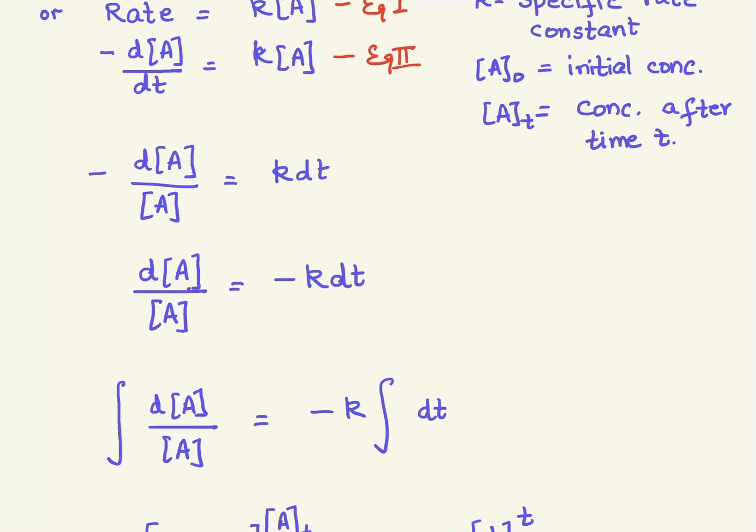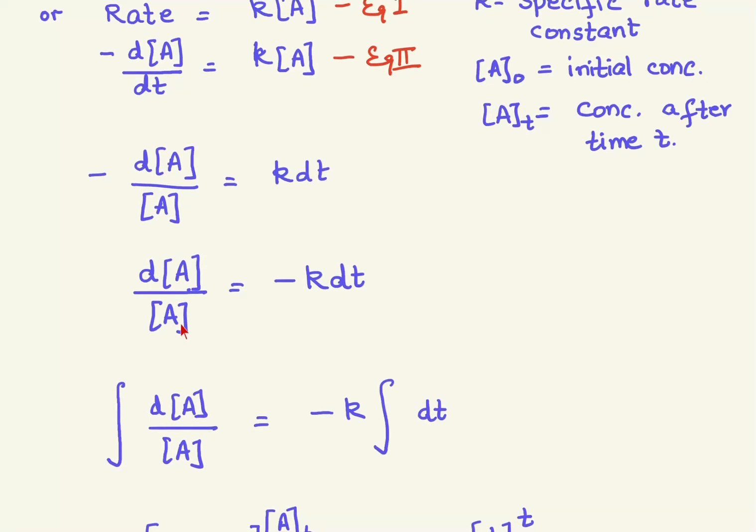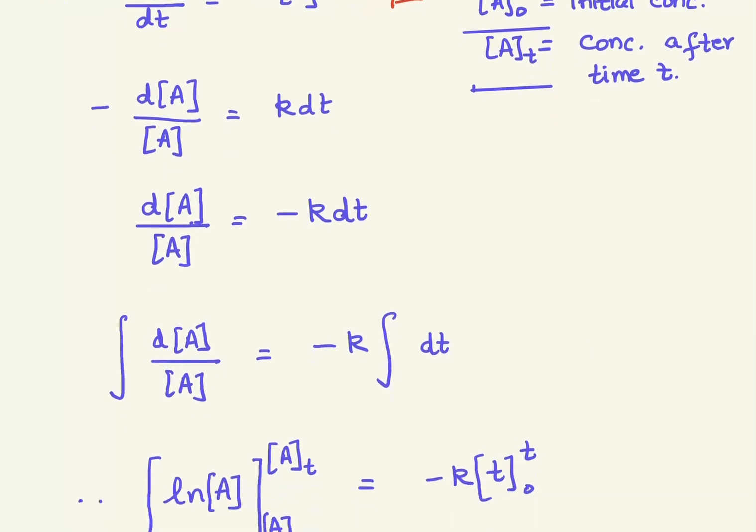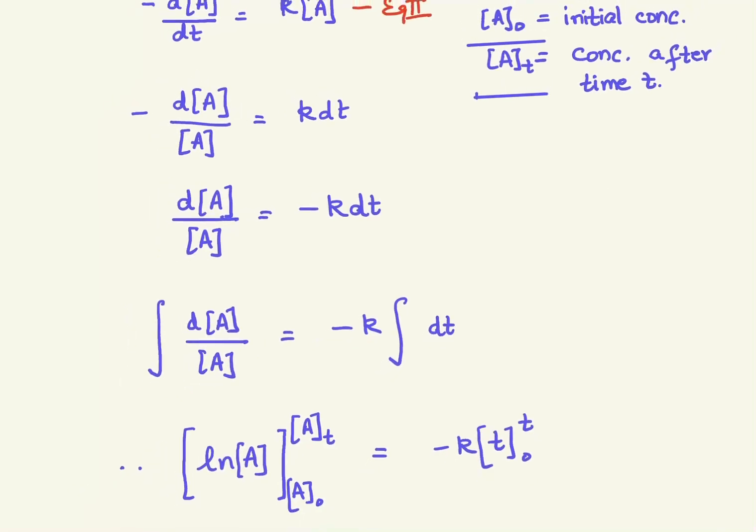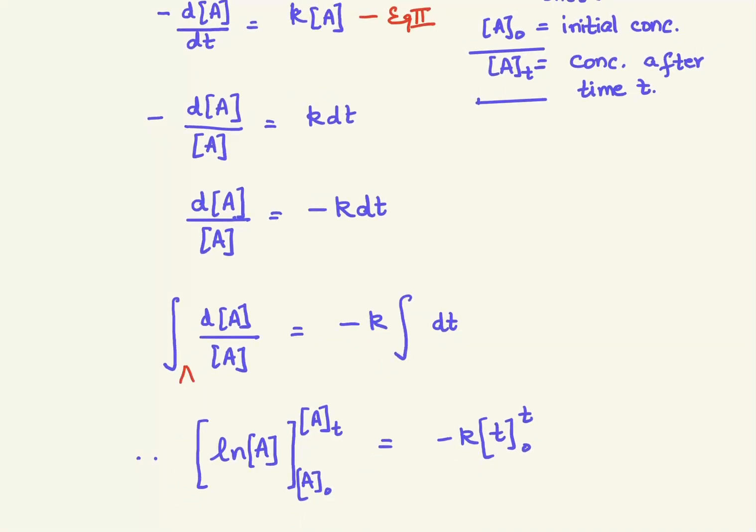Simple equation. Now this I am talking about small bits. I want to know what will be the rate constant for the entire reaction, considering that the reaction goes from an initial concentration of [A]0 to a concentration [A]t after time t, right? So we've got [A]0 and [A]t. In other words, what am I going to do over here? I will integrate it and I will use limits. That means my reaction is changing from a concentration of [A]0 to [A]t.